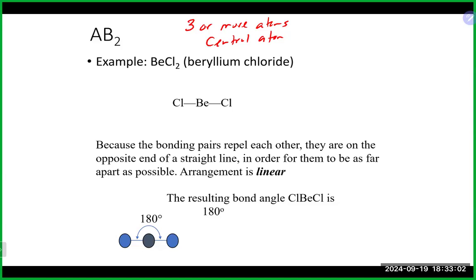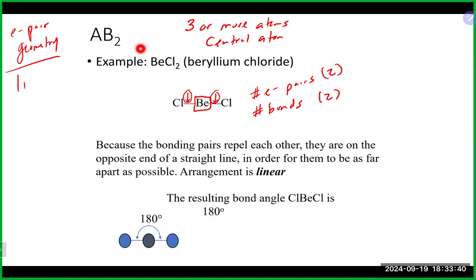So, for example, if we take a look at this one right here, incomplete octet and all, our beryllium is our central atom. We're going to count up the electron pairs. That is one electron pair, two electron pairs. So the number of electron pairs is 2. The number of bonds would be 1 bond, 2 bonds, which is 2. Now, something with 2 electron pairs, the electron pair geometry